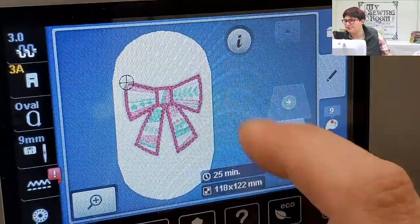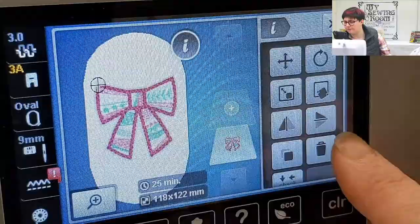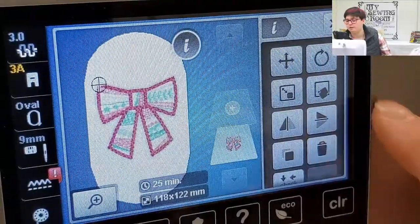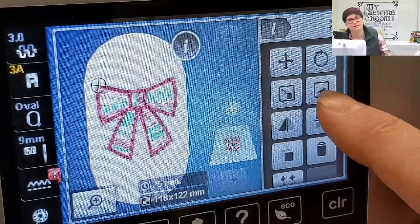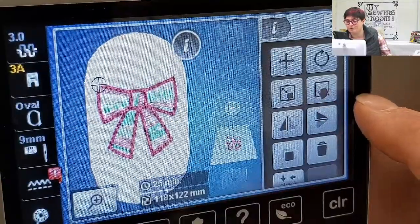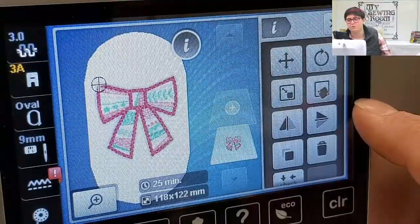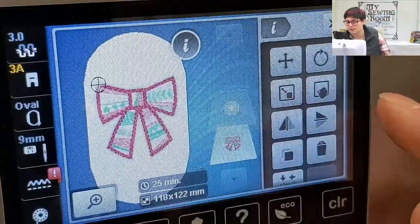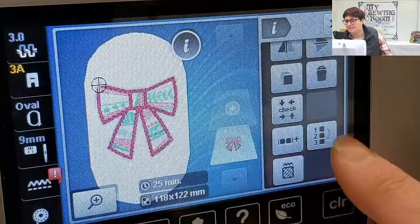Some of the new features available as well are into your eye for info. One of the best features in the top of the line Berninas for placement is pinpoint placement, which is this icon here. That was not previously available on the 770s. That is in there now. If you've ever struggled to hoop your fabric straight and get your designs rotated just like that 1 or 2 degrees that you need to get them straight, pinpoint placement is magical. There's also